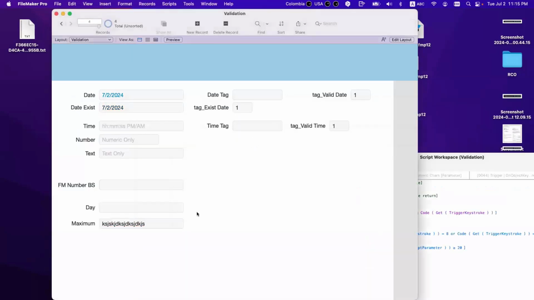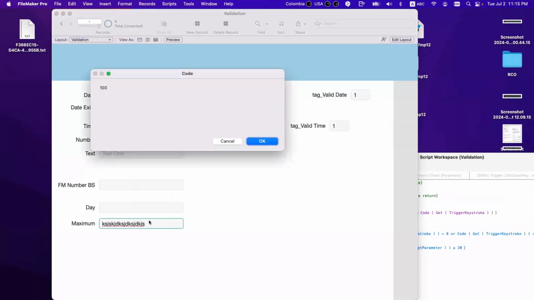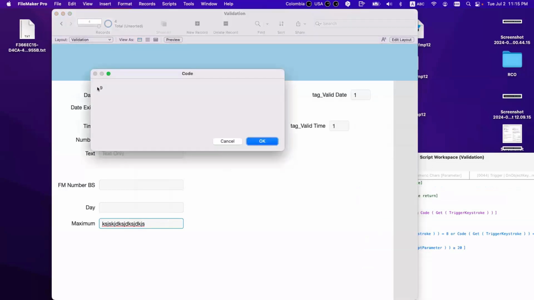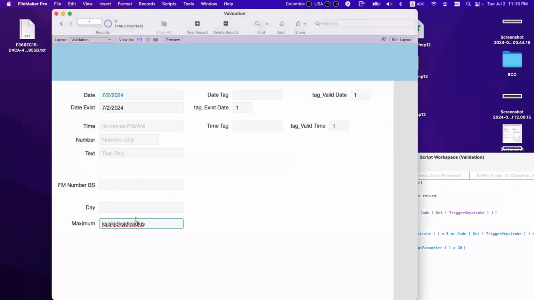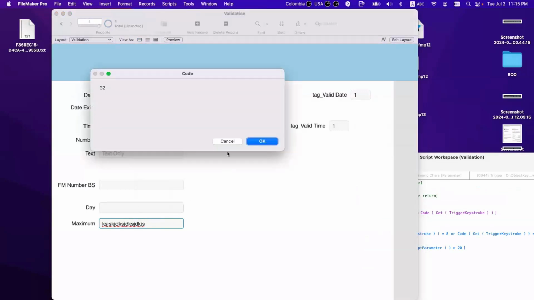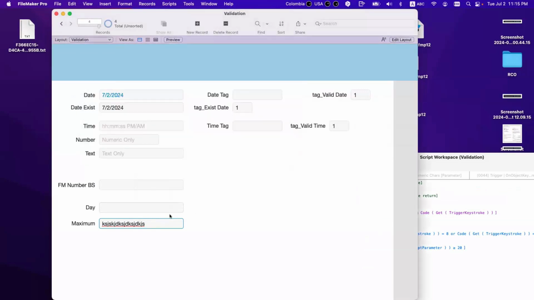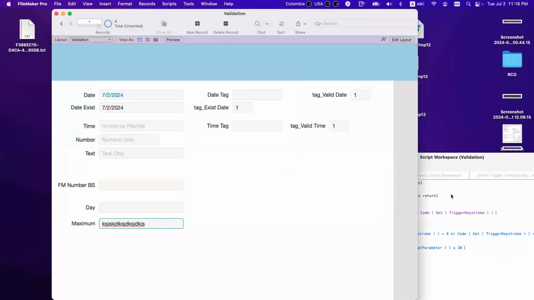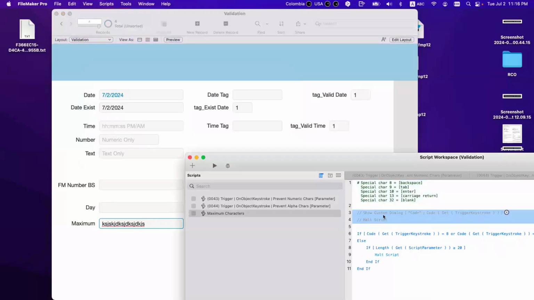So the code is this. When you type, tab is 9, that's the code of the tab key on your keyboard. The space is 32, arrow left is 28, arrow right is 30, arrow up 29, and down 31. So you can see the codes.